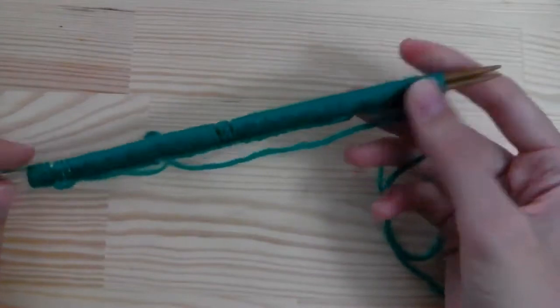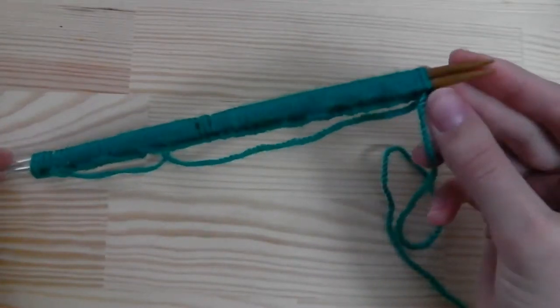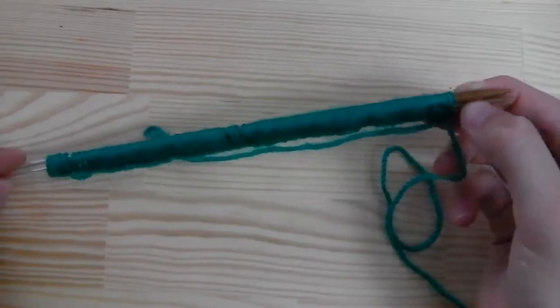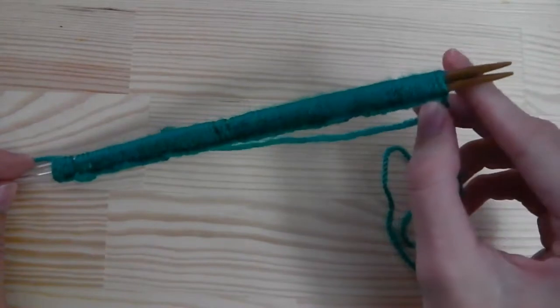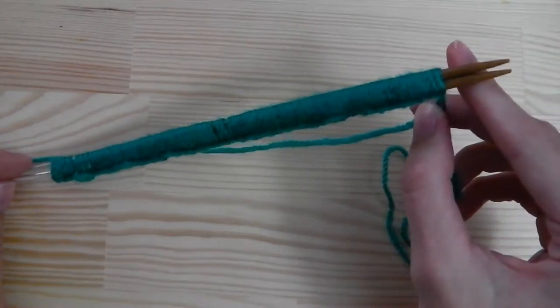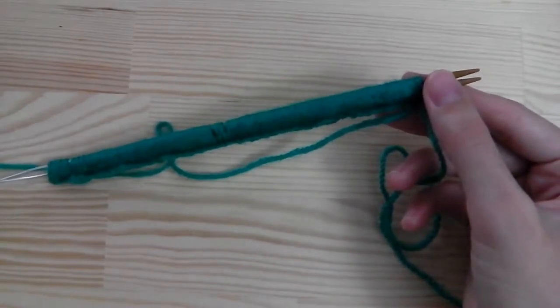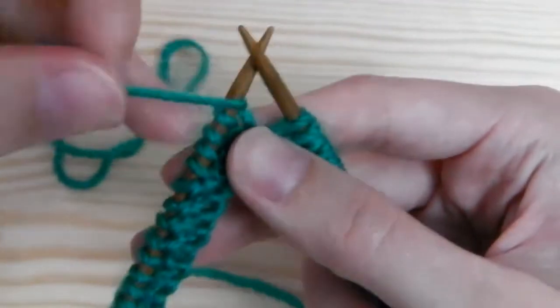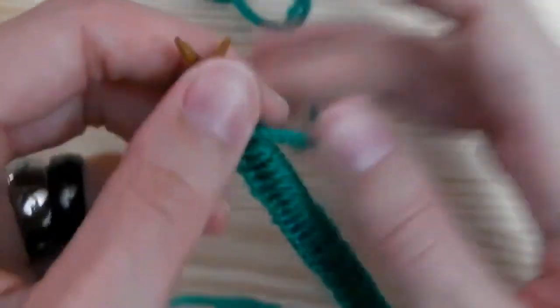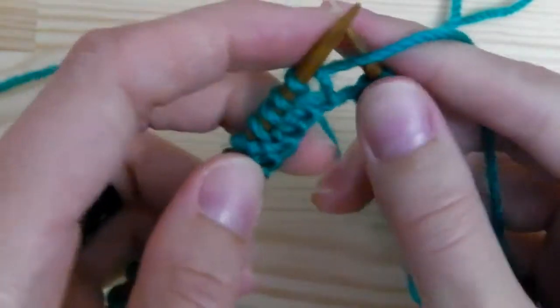So these are our 114 stitches, and now we will start with a ribbing stitch or rib stitch, and we will repeat purl 4, knit 4. So the first row will be purl 4, knit 4, so I start with purling, and for this